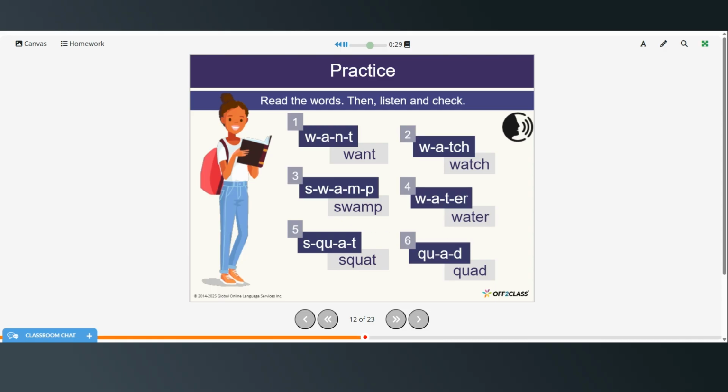W, ah, t, water. S, qu, ah, t, squat. Qu, ah, d, quad.